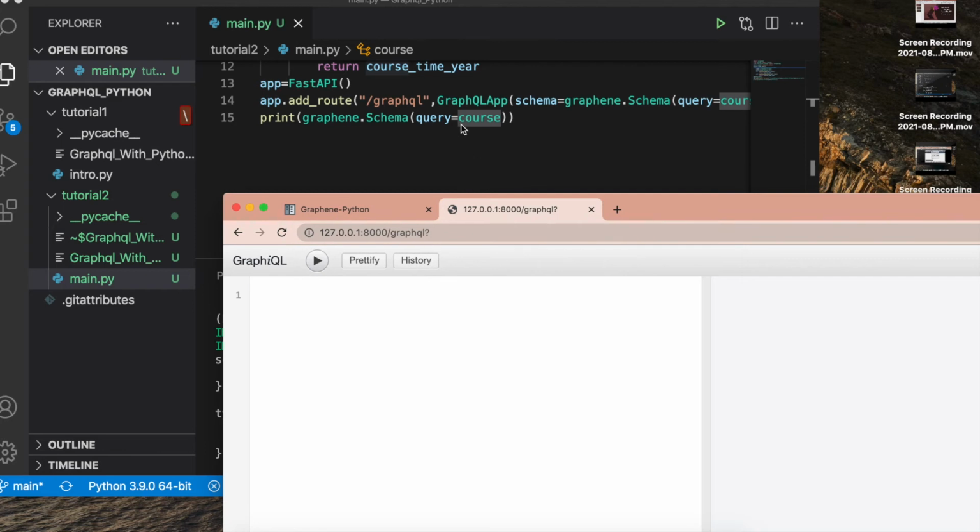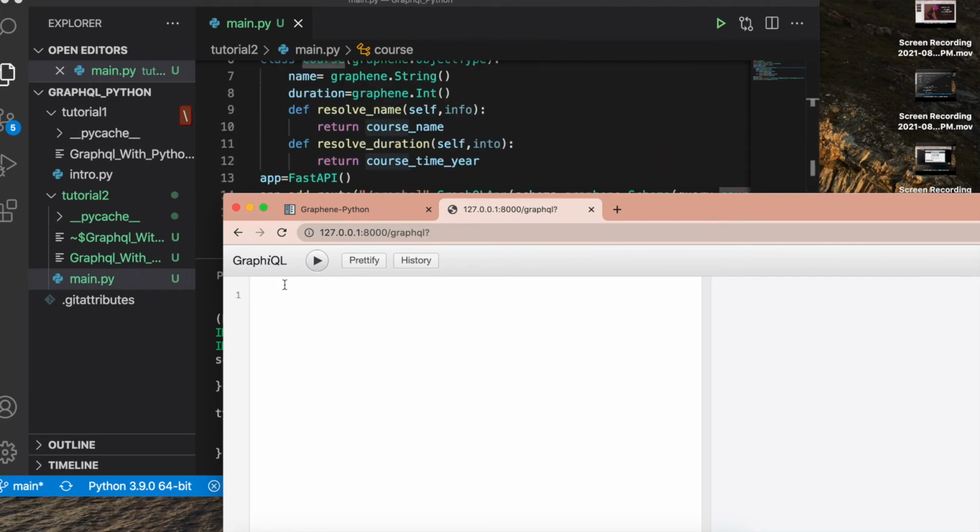Now let me write a query to access the current schema of this server, asking for the course name. Sorry, it will be name actually. See, I get computer science.